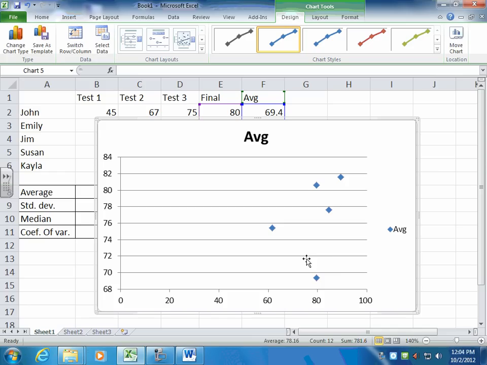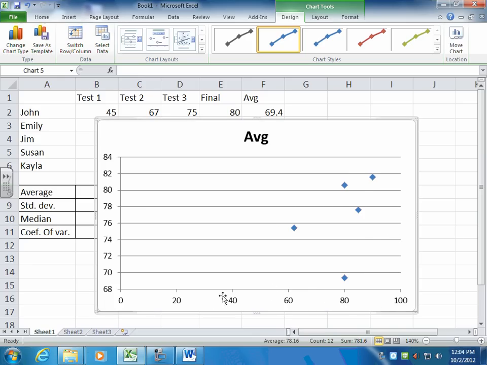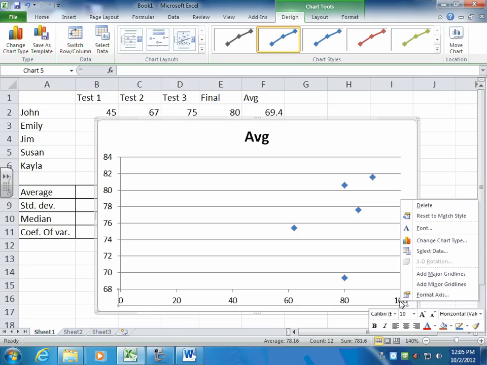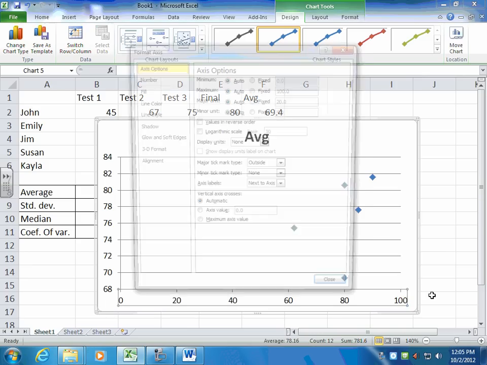So this is, for example, this point right here, this represents the student whose final exam grade was 80 and who got an average in the class of 69.4. So it's plotting those points, and basically the x-axis is representing the final exam score and the y-axis is representing the average. And if I click on the Format axis,